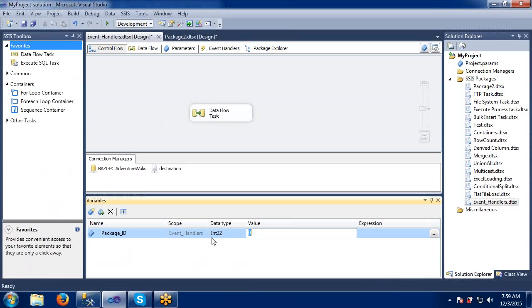Scope, data type, everything. Scope means the variable is available only within this package. And what is the data type? If you are giving a numeric value, then we take it as an int 32. If you are using strings and characters, then we have to change it to varchar. So here my package ID is 1111, which I have given,